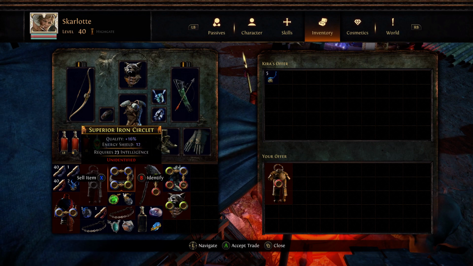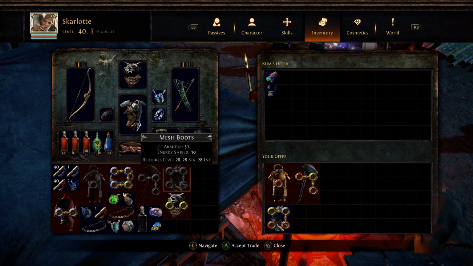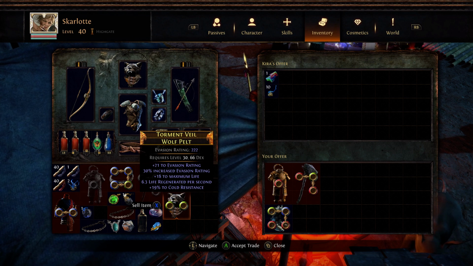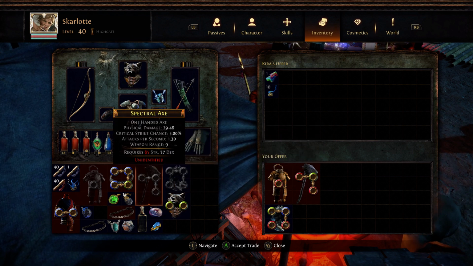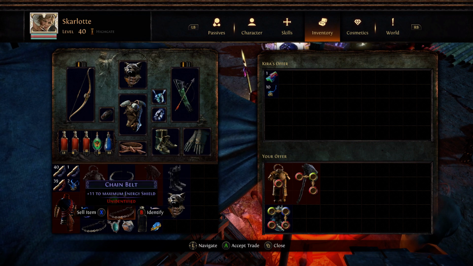Right, well, I'll sell you this shiz. I'm going to hang on to that for my other character. We'll sell that. Mesh boots, armour and shield. Oh, the one I'm wearing is a blue, isn't it? His perks weren't overly amazing though. Oh, 222 evasion on that. We'll hang on to that because we might be able to get more sockets on it. No bloody links on the thing though, is there? In fact. Right, let's sell...